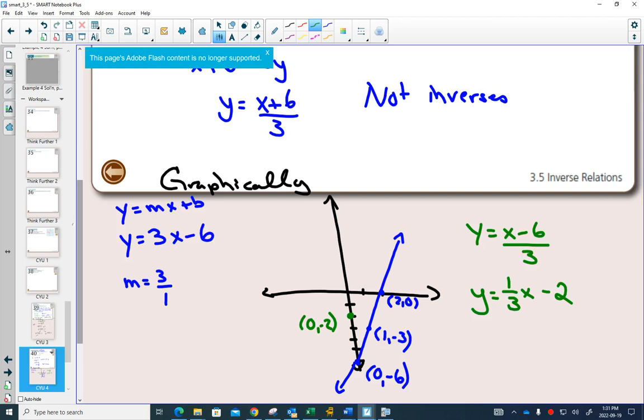My slope is 1/3, which means I go up 1 over 3, up 1 over 3. So I have the point 6, 0, 3, negative 1. Can we see graphically that these are